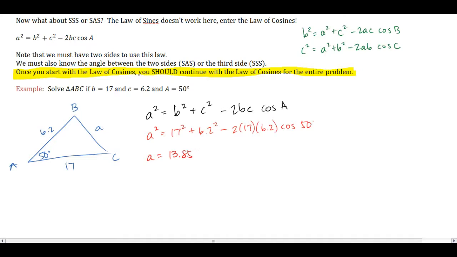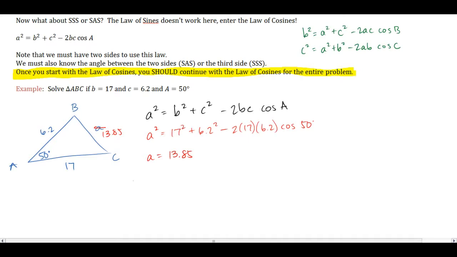That is just this side. This is 13.85. We still do not know one of the angles, but now we have all the sides, so you pick your favorite angle. I think my favorite angle will be B. Usually I go after the biggest one, to be honest. B should be the biggest angle in this triangle, and so I'm going to go after whichever one's bigger. So I will go after